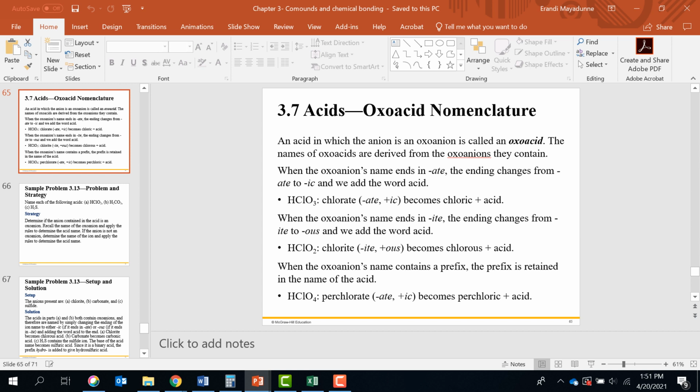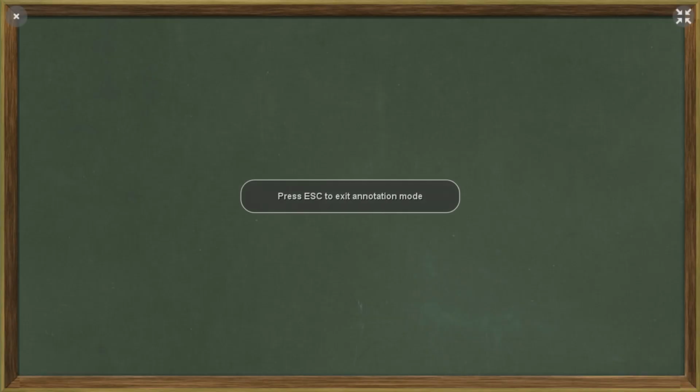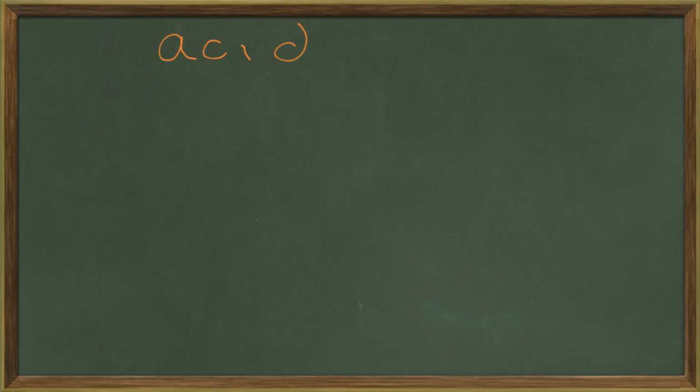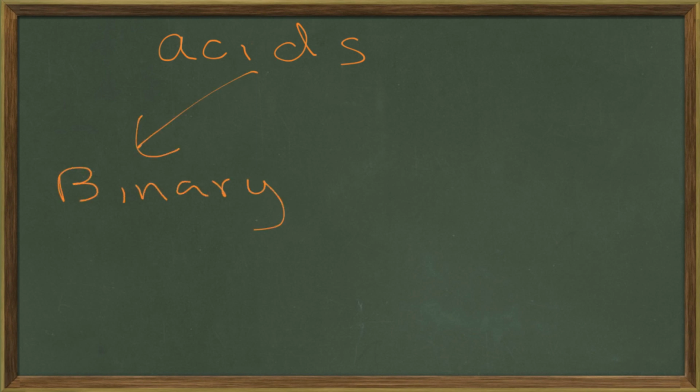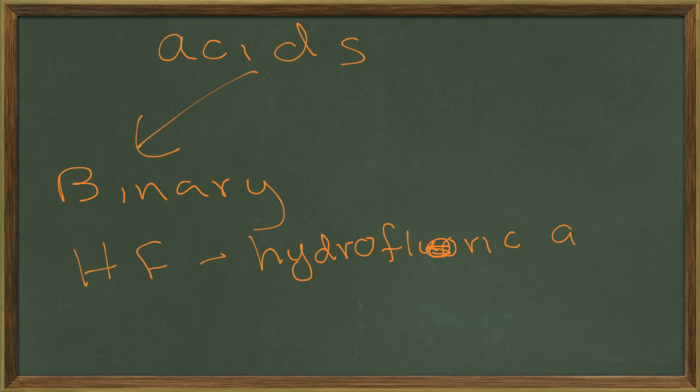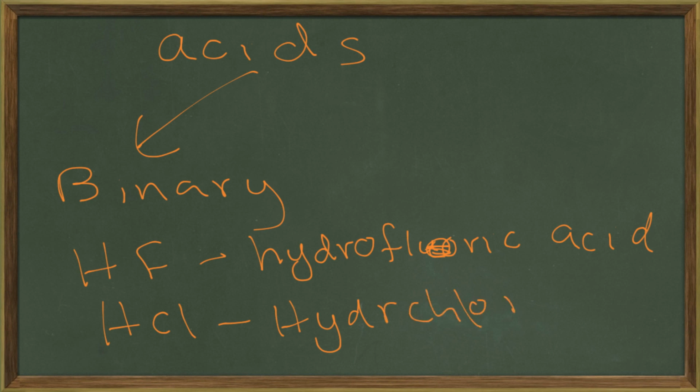So the acids: we talk about two types. We call these the binary acids, with only two elements, HF. Because there is no oxygen, you write hydrofluoric acid. HCl, hydrochloric acid. So learn all the binary acids, and then the important oxy acids are